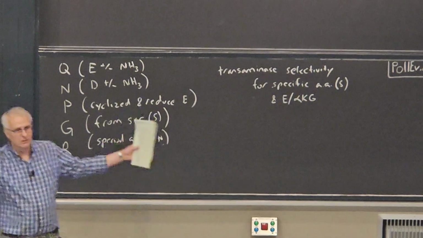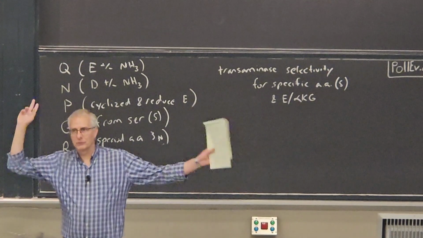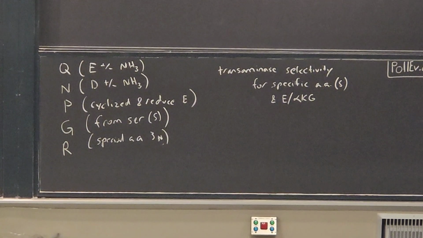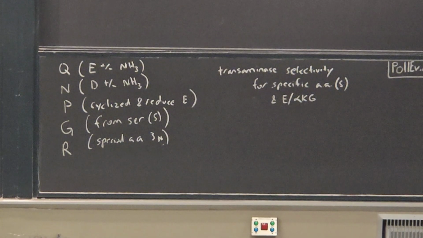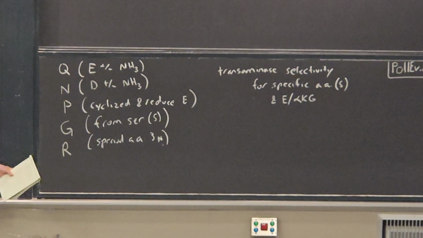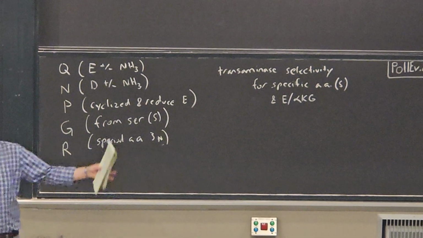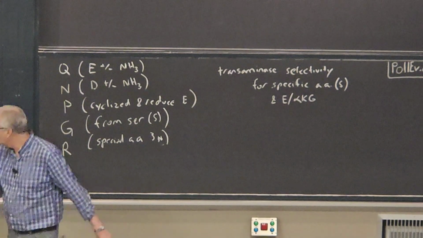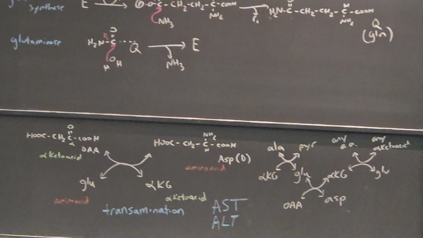Because those of you who are going to go to medical school, you will find if you do a blood test for liver, your so-called liver function test, what do they measure? They measure these 2 enzymes that are very abundant in the liver. If these leak into your blood, that's what happens: you damage your liver, the liver leaks excess levels of these transaminases into your blood, that's a sign of liver damage.